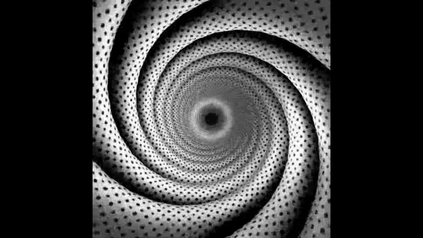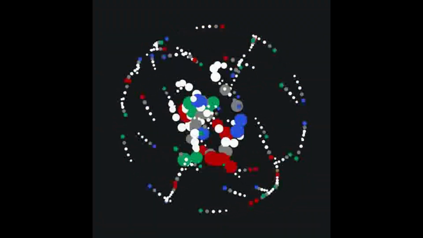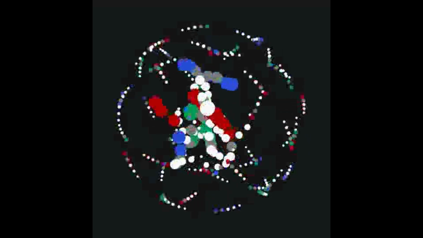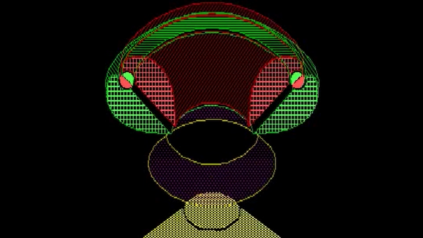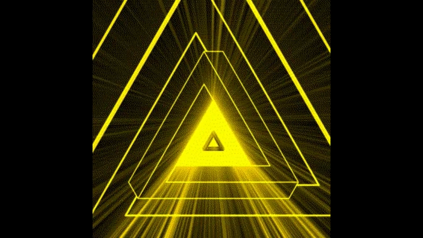This phenomenon is known as electromagnetic induction. Magnetic flux Φ: the magnetic flux through a surface is defined as the product of the magnetic field B and the area A of the surface projected in a plane perpendicular to the field. Induced EMF: the EMF induced in a circuit is directly proportional to the rate of change of the magnetic flux through the circuit. Mathematically, it is expressed as EMF equals −dΦ/dt, where dΦ/dt is the rate of change